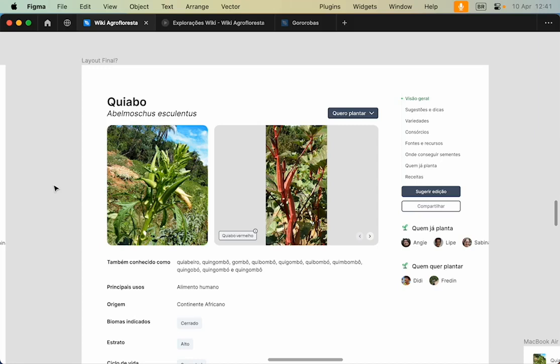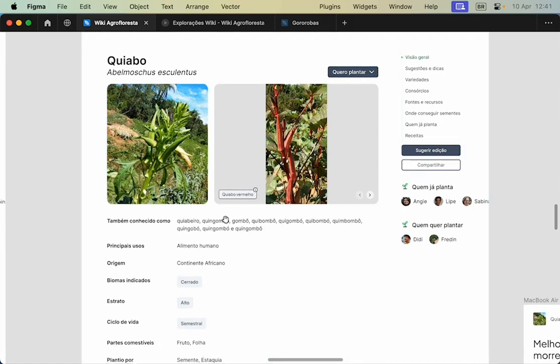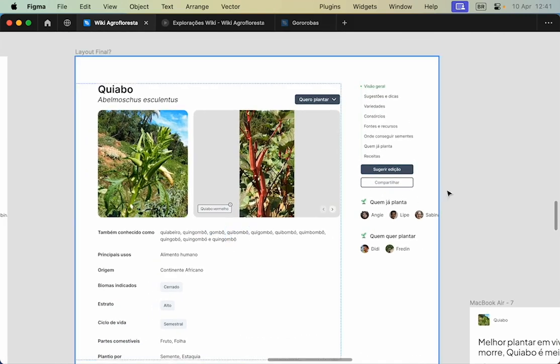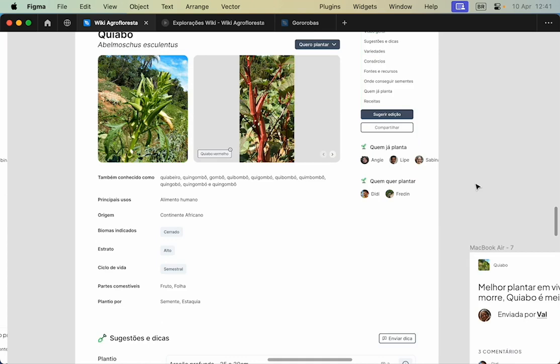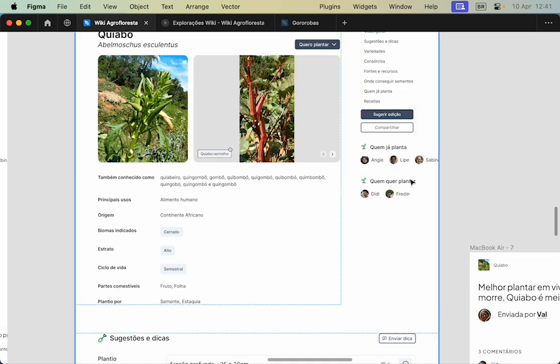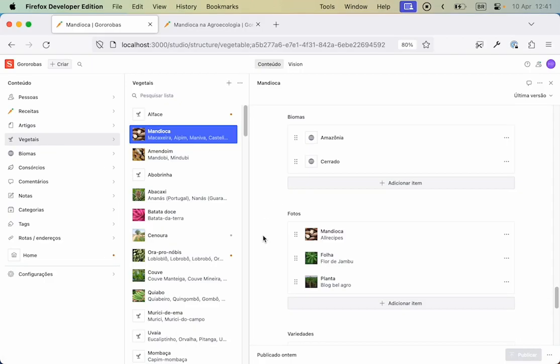Together with a few friends, I'm building a wiki for vegetables and how to plant them in an agroecological approach. And it's very much reliant on structured content. It has a lot of potential structure we can put to a given vegetable. And we are iterating as we go, as we actually populate the content, because we really want to make it about the content. So we're learning as we go.